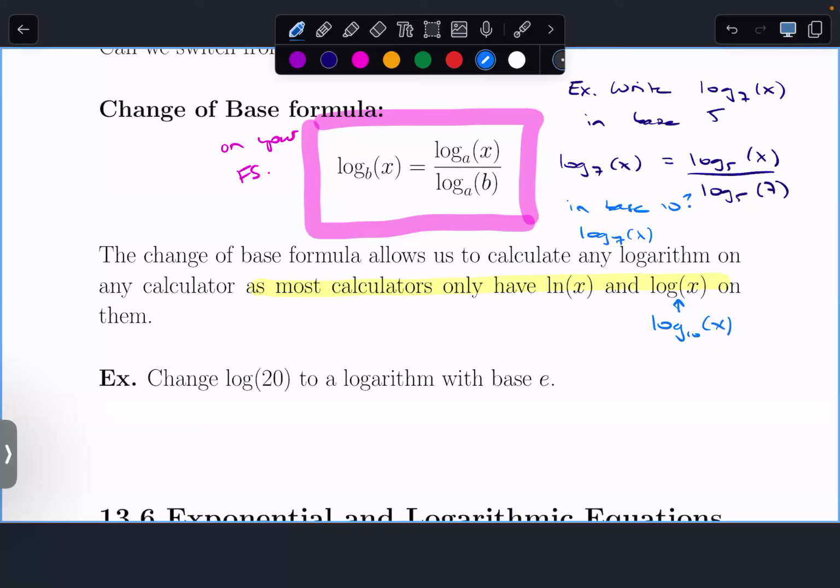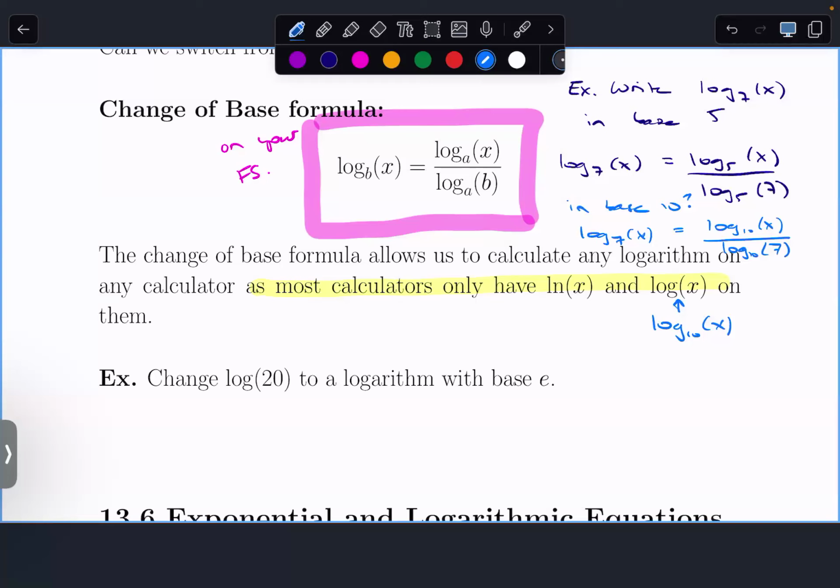Then log base 7 of x is going to be log base 10 of x, the thing you're trying to solve for, divided by log base 10 of 7, which your calculator can do even if you only have log base 10 and log base e on your calculator. A lot of these engineering calculators, kind of the Casio or whatever,